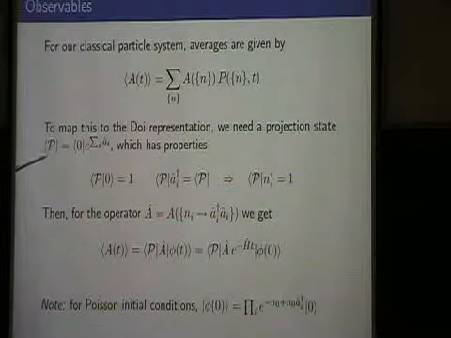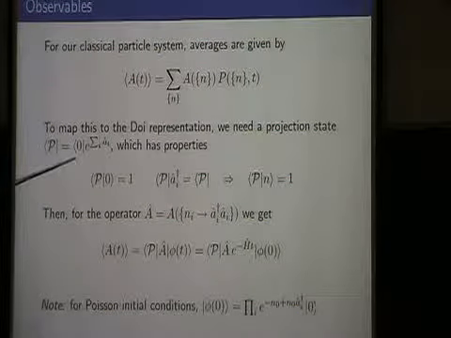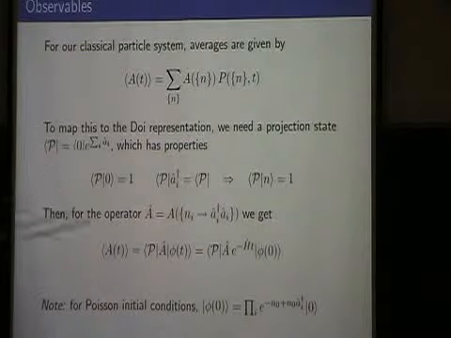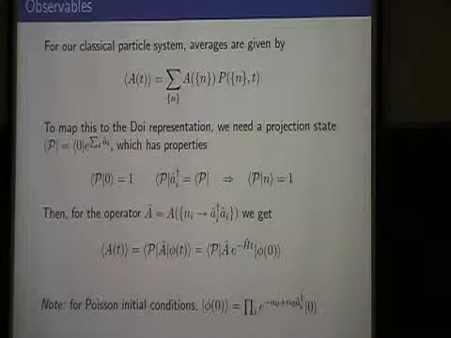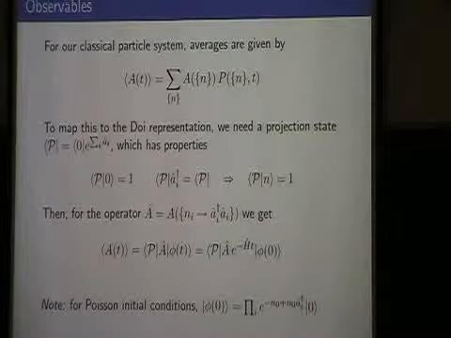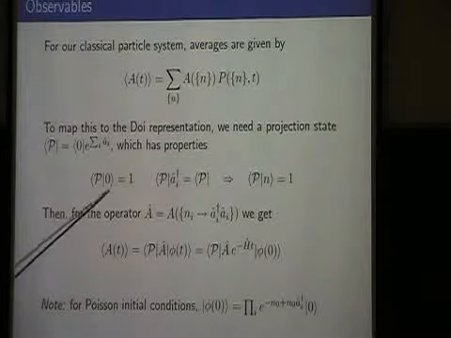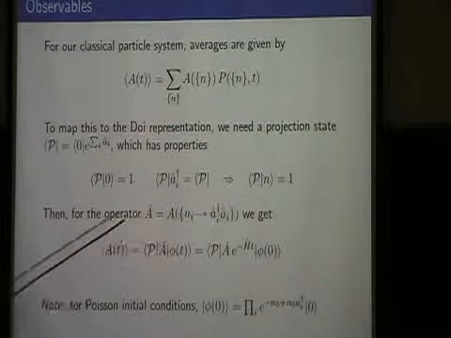What you need is this projection state, which is defined as follows. You take the dual vacuum, and you act on it, acting to the left, with the exponential of the annihilation operator on each particle. What's the point of that? Well, the real point of that is that it has these properties. So first of all, you can check pretty directly that if I hit this on the right with the vacuum state,